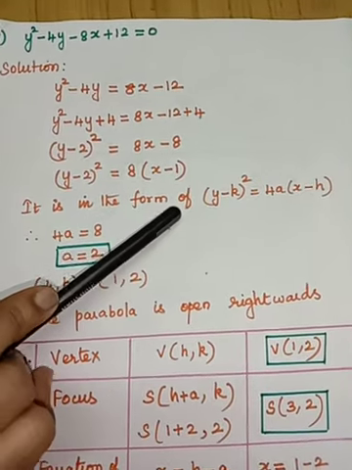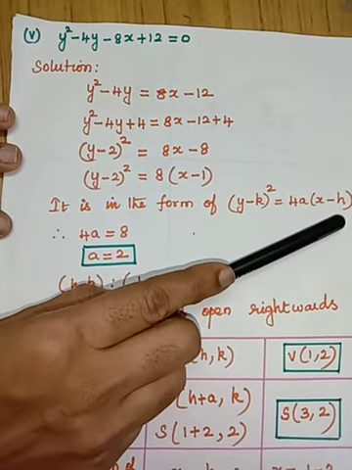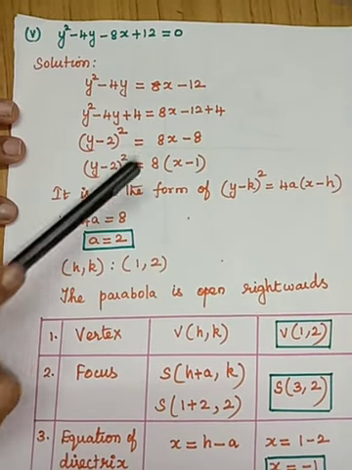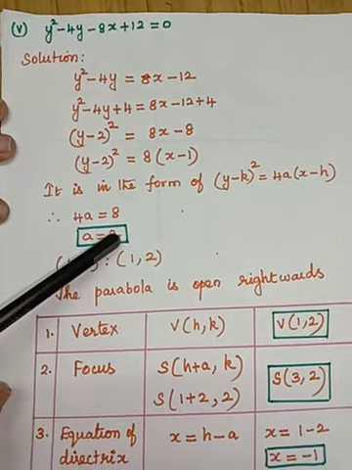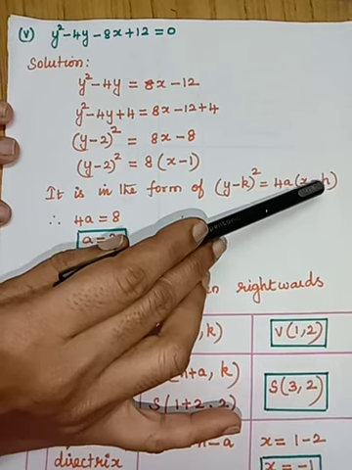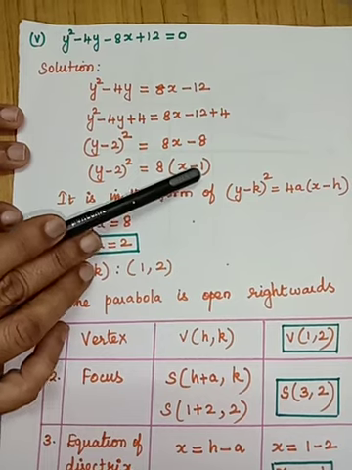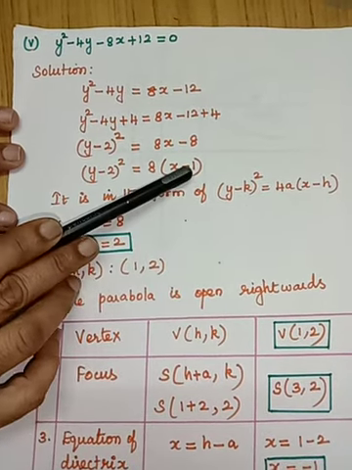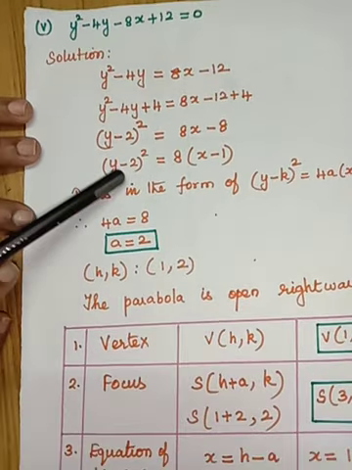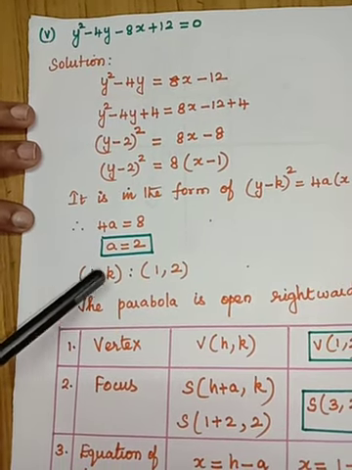Which is in the form of (y minus k) the whole squared is equal to 4a into (x minus h). So when you compare these two, in the place of 4a you are having 8. So 4a is equal to 8, so a is equal to 2. Then compare h and k from these two equations. Okay. So go to h. Here you are having on the right side x minus 1, so in the place of h you are having 1. And come to the left side, (y minus k) the whole squared. Here also you are having (y minus 2) the whole squared. So when you compare, in the place of k you are having 2. So h comma k is